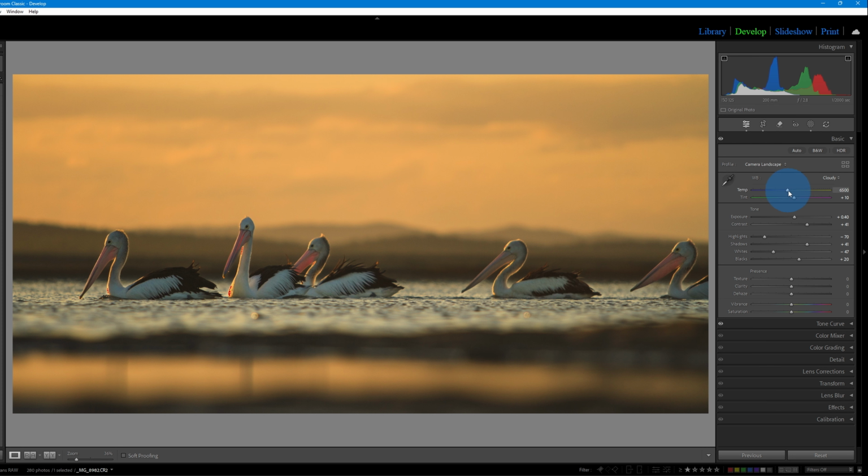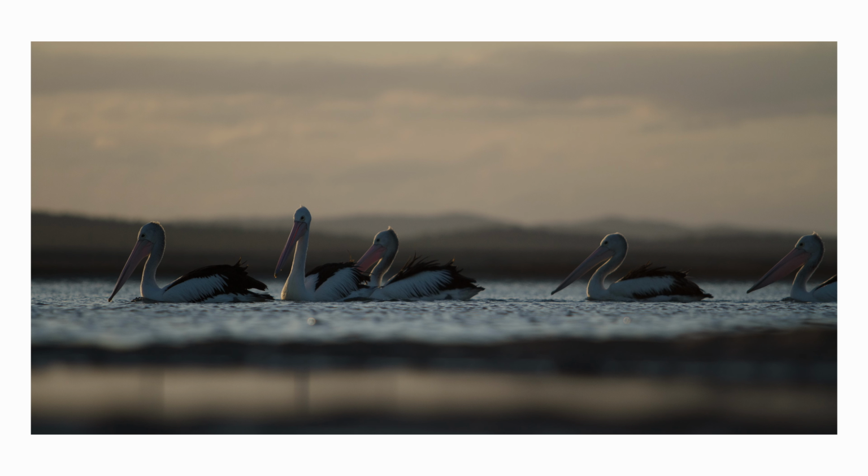Now that I look at it, I think it is too orange, so I'm just going to dial back my white balance. Now that I've done my edits, it is too yellow. So I'm just going to dial back my white balance a little bit. We've got a little bit of a golden glow, but it's not quite as aggressive as it was before. Somewhere around there is looking pretty good. That's about all we really need to do. If we have a look at before and after,